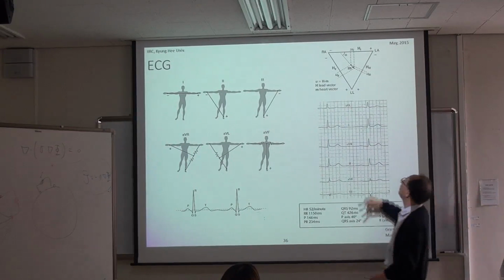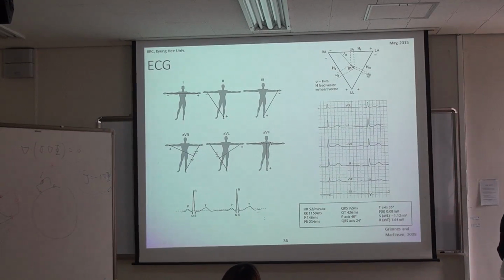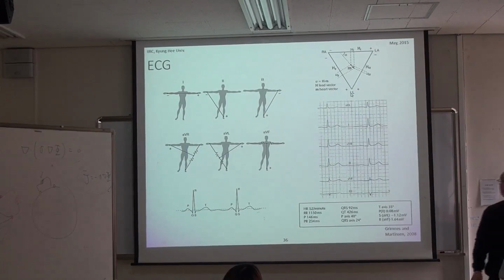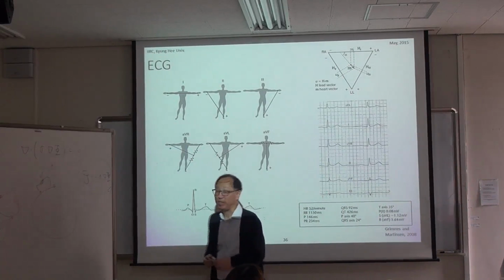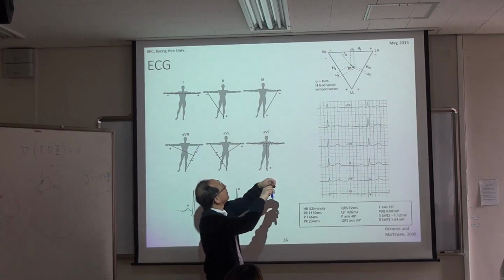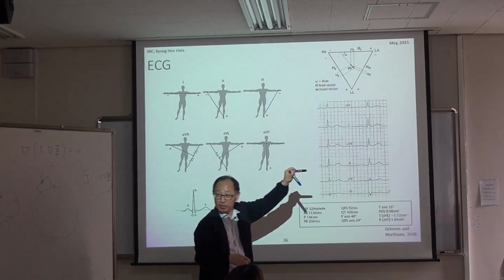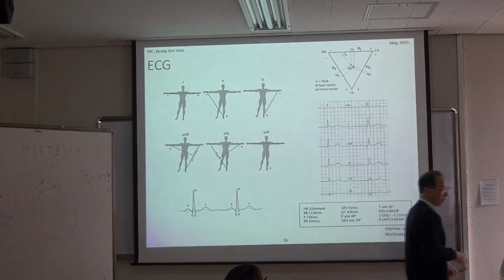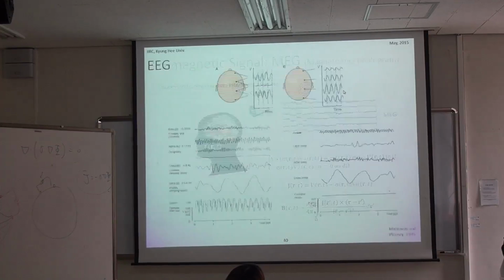When you have an internal dipole moment, as I am here, as a cardiac vector, then basically you find the projection of this vector on this line, and that line. That's the same as taking the inner product with that vector, and lead 1 is a horizontal vector. So we have different things. We can say the same thing about